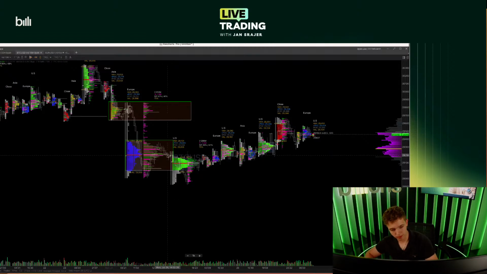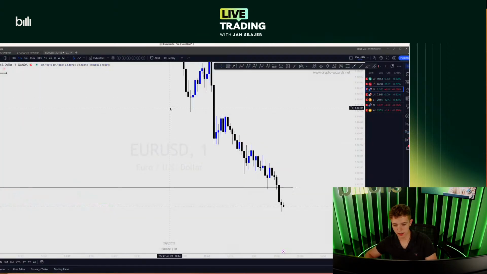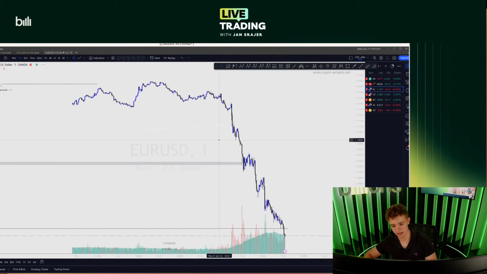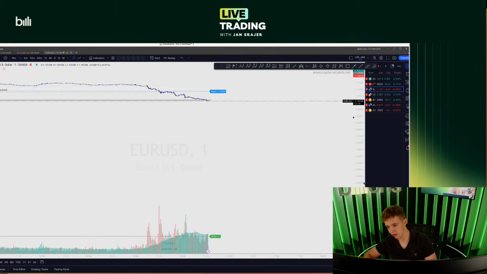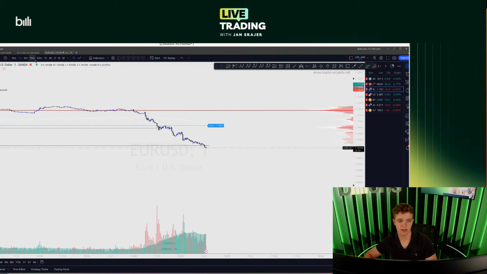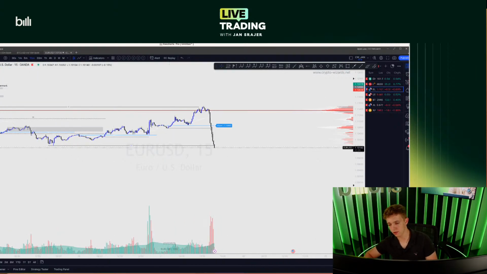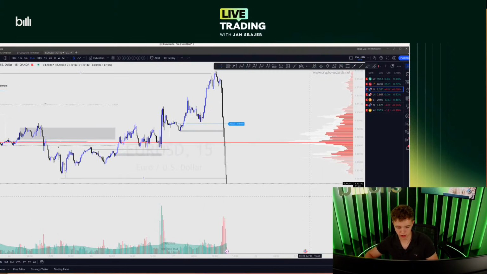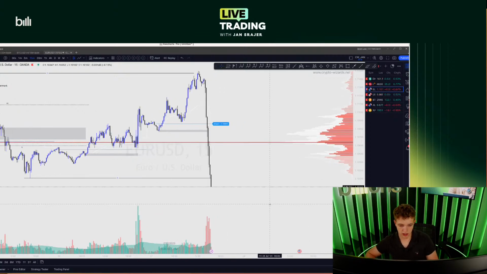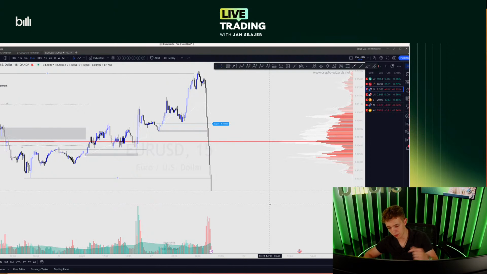Next thing. Backtesting: how likely is it that a daily open will be tested when it's not tested during the Asia session? Because a lot of times the Asia session tests the daily open and then goes in a certain direction, right? Or it just steps into a level, or it completely ignores the level. So one way to get a statistical edge is to look at how likely it is that the daily open will be tested during the London or New York session when it wasn't tested during Asia. That's just another way you can approach this.